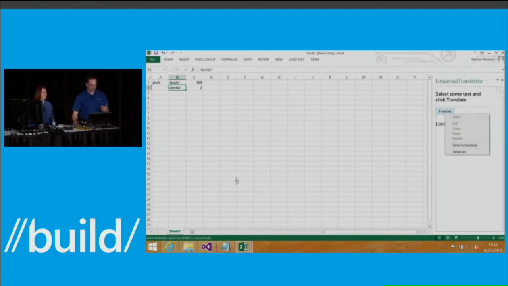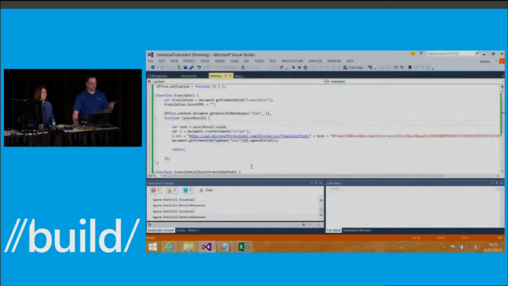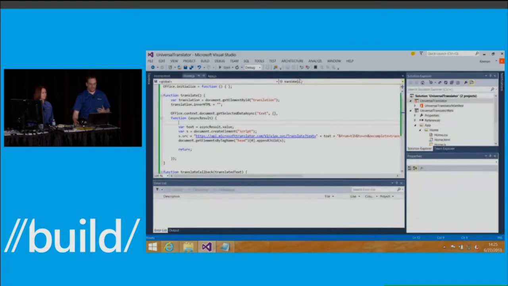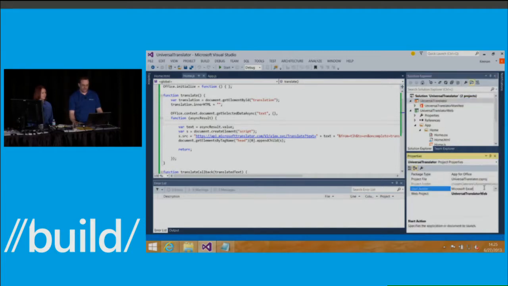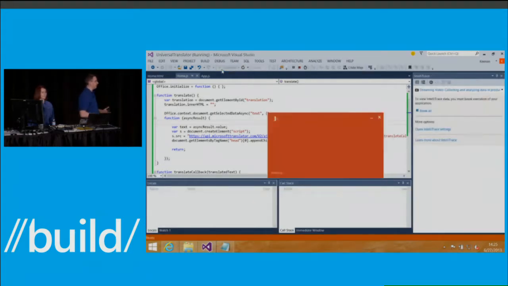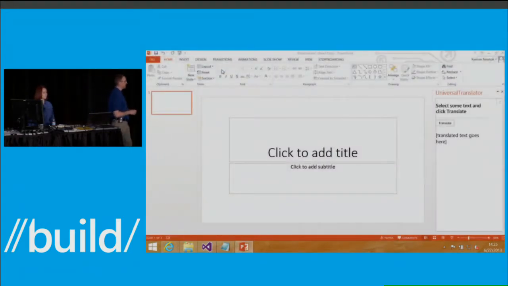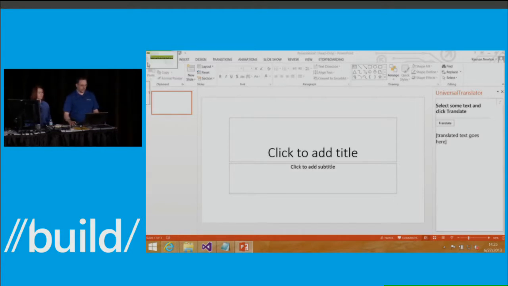But what's great is I was able to do that within the debug experience with Excel, but if I wanted to debug in another environment, let's say with Word, I can easily just select Word down here, and we'll go with PowerPoint. And we'll go ahead and start the debugging process. So you can actually see how your app's going to work with each and every different client application that you have out there. So again, I'll go ahead and open up